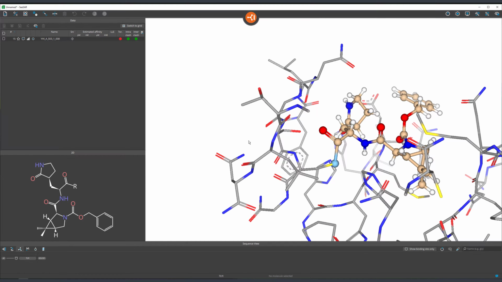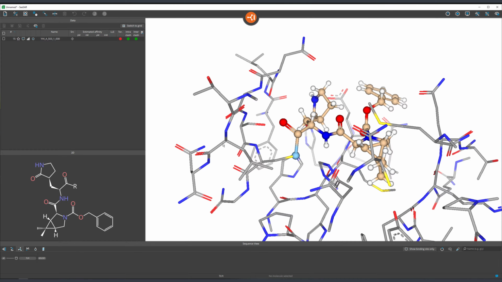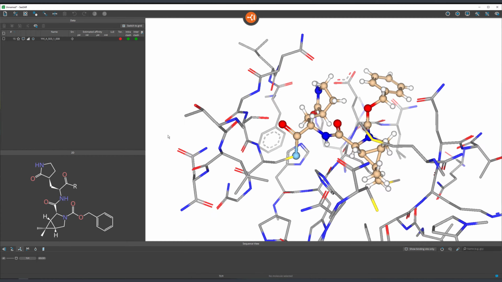Changing the position of the linker atom on this molecule essentially involves two steps. First, selection of the R linker atom in either 2D or 3D, and deleting this atom by using either the delete key on your keyboard or by using this trash can icon symbolizing delete. So let's delete that,